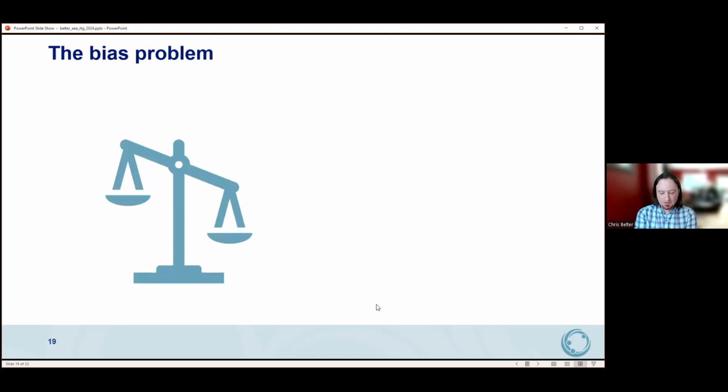And then finally, of course, the elephant in the room here is the bias problem. We know very clearly from a very long line of machine learning research that machine learning approaches and tools trained on biased data sets will reproduce those biases in the models. The models will then use those biases in making decisions on future data sets. So when we think about bias in generative AI, we often think of bias that's explicit in the text that we actually give it. And so we might be tempted to think that if we train a model on scholarly literature, maybe we won't have so many of these explicit biases,